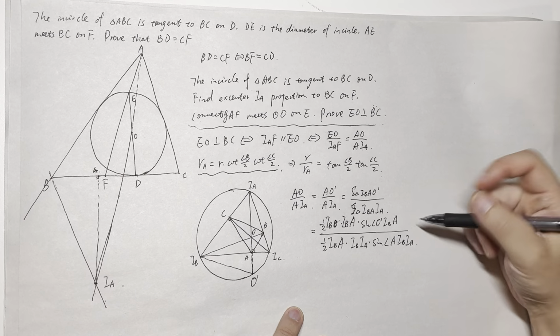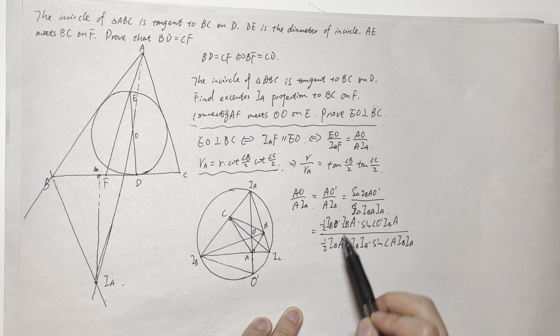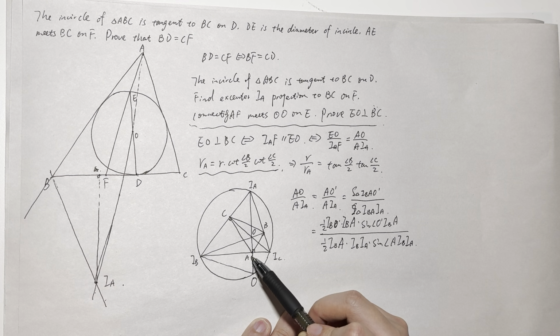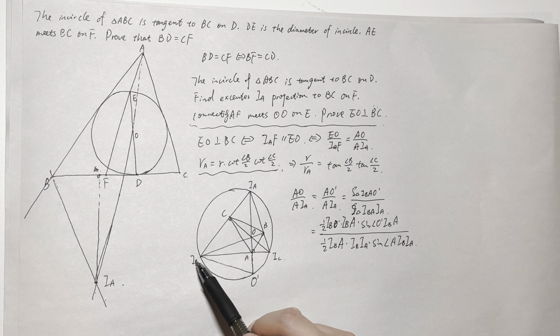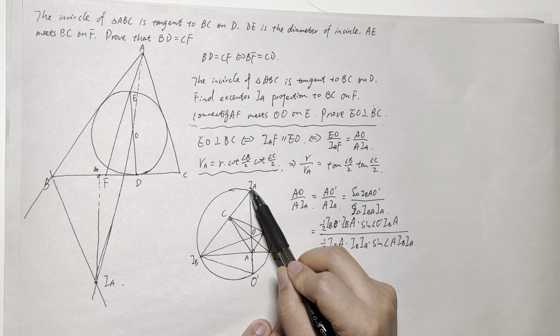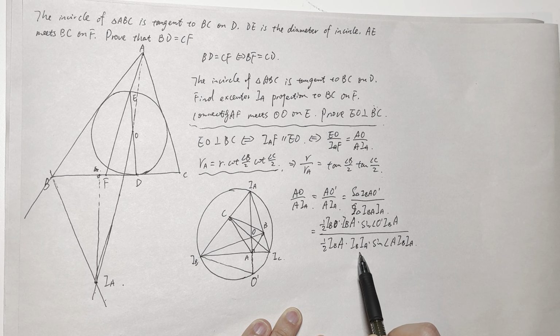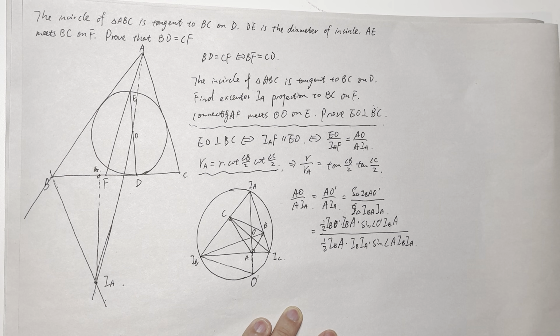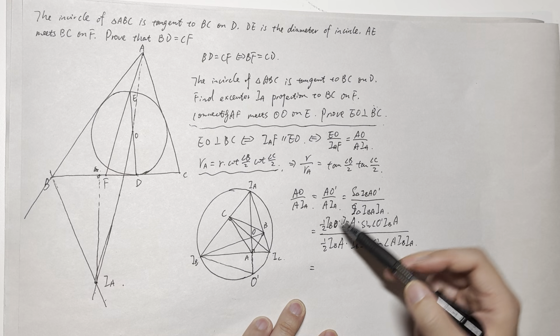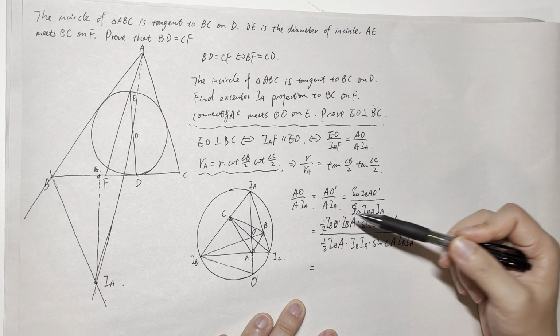Right, so this one is the area of the triangle IBO prime A. That's this angle. And for the triangle IBAIA, we use half of IBA times IBIA times the sine angle AIBIA, right? And this equals IBO prime